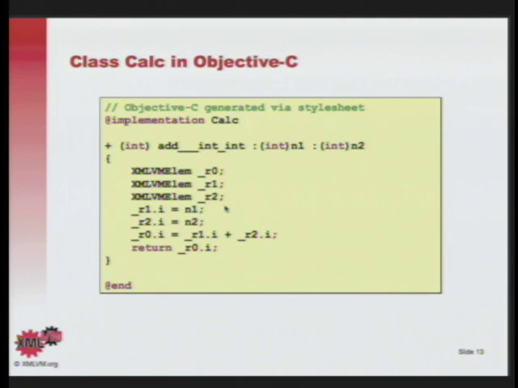Now, of course, if you run this through GCC here, then some more optimization will be happening. You will no longer see this actual assignment here, so you will do the add immediately on those n1 and n2. So actually, by cross-compiling DEX instructions, we are capable of generating fairly efficient code in the target language.